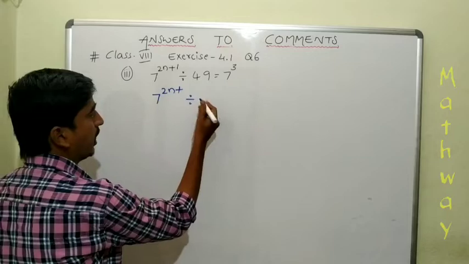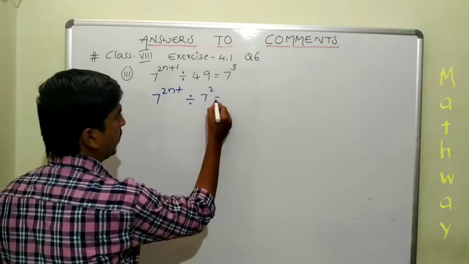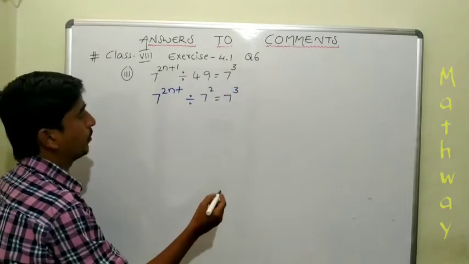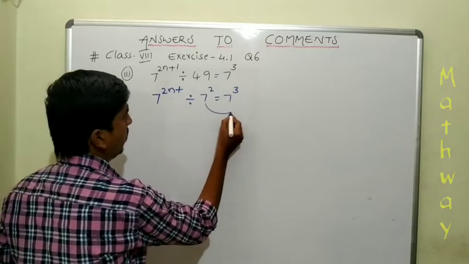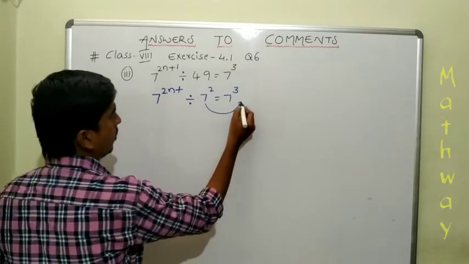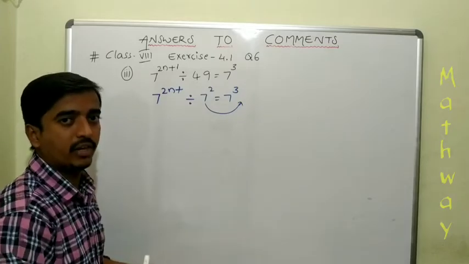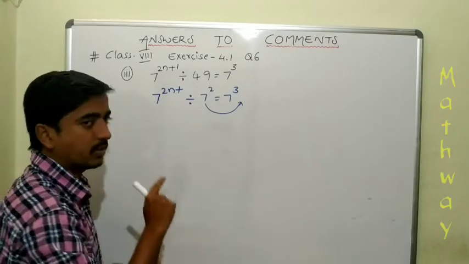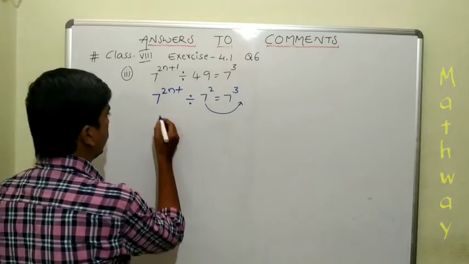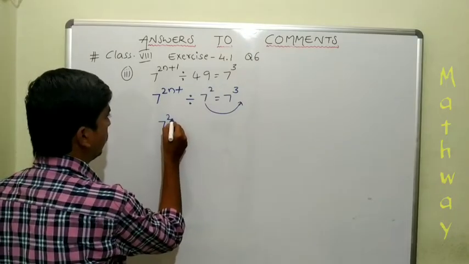So let's write 49 as 7 square equals to 7 cube. So now transpose 7 square to the RHS side. So here now we are transposing the division term. Whenever we are transposing a division term, it becomes multiplication. So LHS side is 7 power 2n plus 1 is left